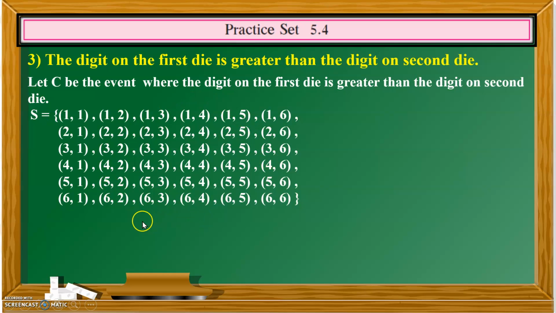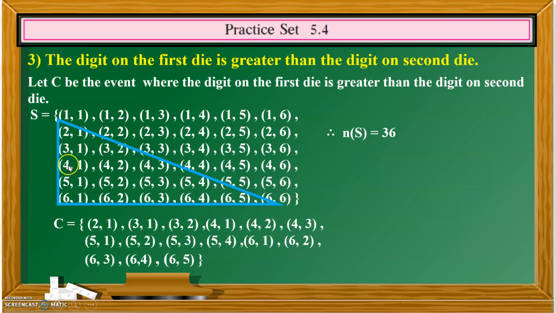Again, I'm repeating, students, the sample space we do not have to write for every event. It's to be written only once. Now this is the sample space. Now you have to find where the first number is greater. The digit on the first die is greater means the first number should be greater than the second number. To find this, this line is for equal, where both the digits are equal. So the required numbers will be either to the left of this or to the right of this. Now you have to find out. When you write it in this manner, you will see the numbers to the right of it. That means these numbers, you will get the first number greater than the second one.